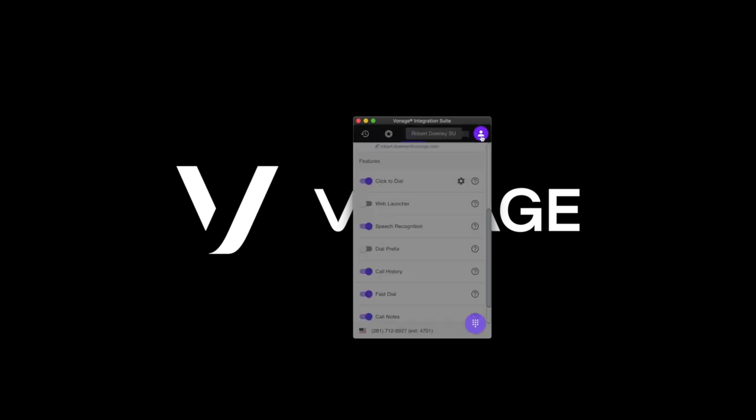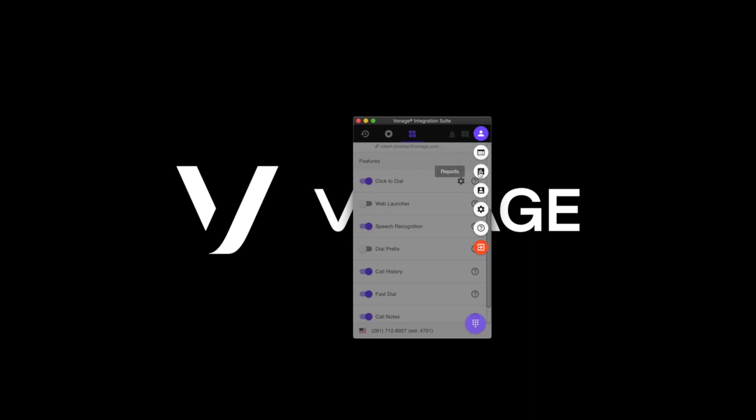The profile button gives you several additional options. The web portal button is for VGIS administrators so that they can more quickly and easily modify user settings and also customize the view of the pop-up window to better suit the needs of their end users, which we will show you later in this demonstration.